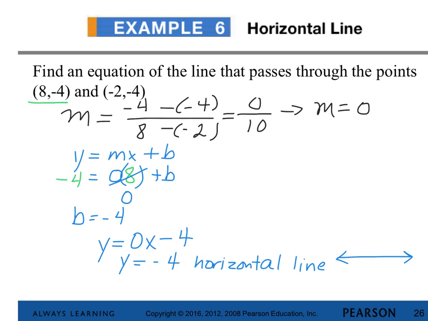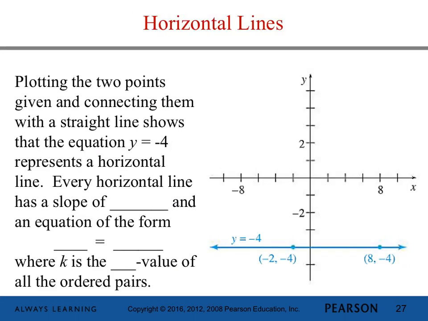And notice that it wouldn't have mattered if I had opted instead to use -2, -4, because I would have still had -4 over here, and the -2 would still have turned out to be 0. So it doesn't matter which point you use. So now we need to talk a little bit about how this is going to work. If you plot the 2 points and connect them with a straight line, you can verify